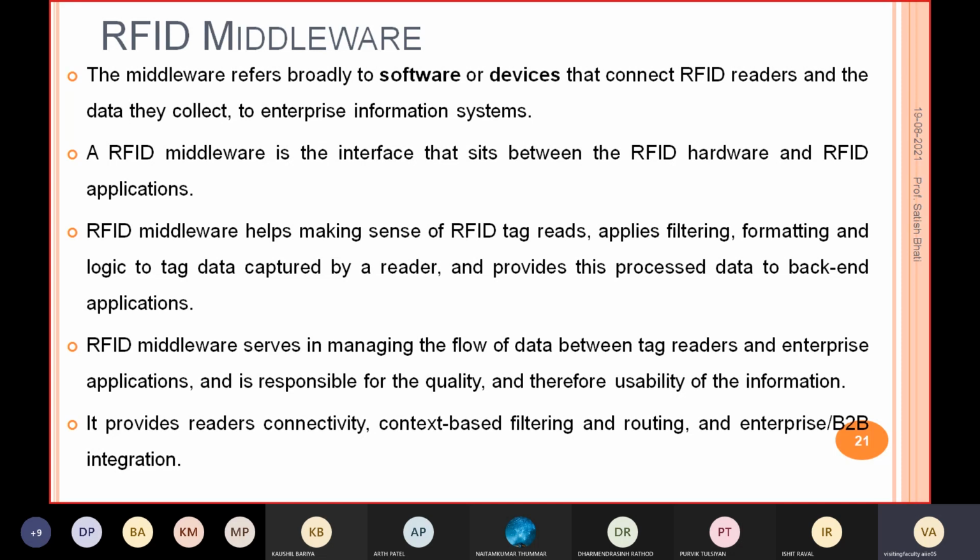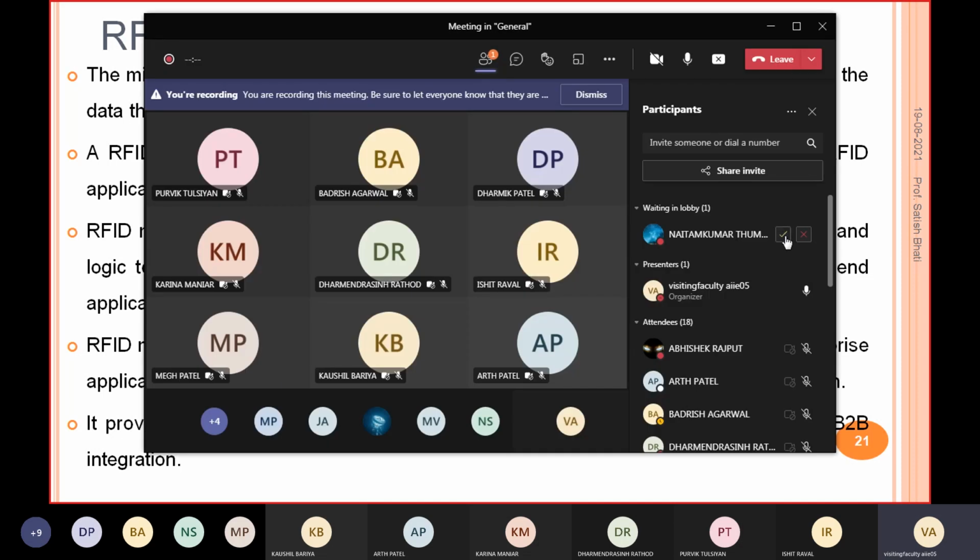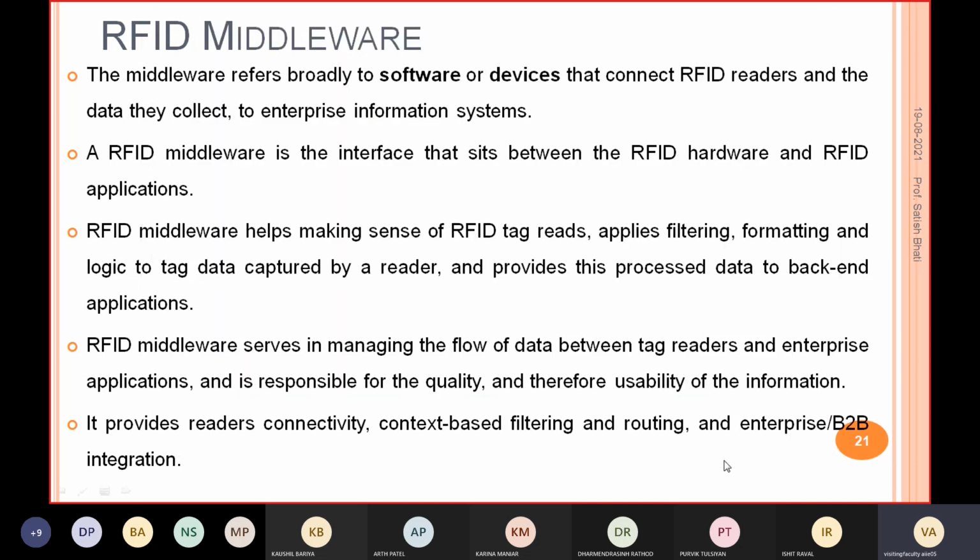Then also routing: at some place you need some information, at some place you need some other information. That kind of routing of the data is also provided by this middleware, and that way it will fulfill your complete enterprise information system.